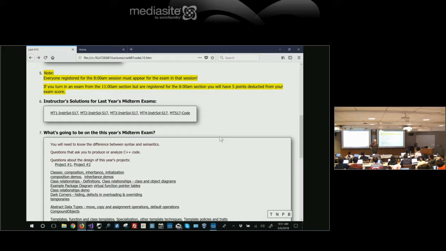Because if you run out of time and you don't get back to that question, you won't get a 0. I have given 0.85 when I asked you to write code, if the student had written really accurate pseudocode that really describes what's got to happen. I won't guarantee you'll get 0.85. It's got to be really accurate. But that's a guard against running out of time and having questions that get 0 points.